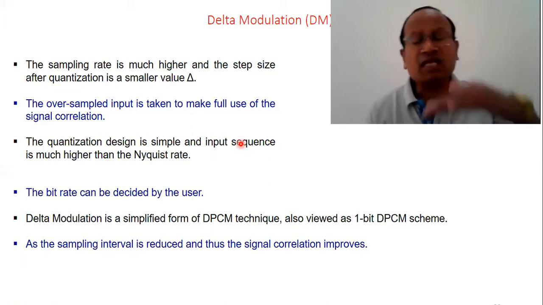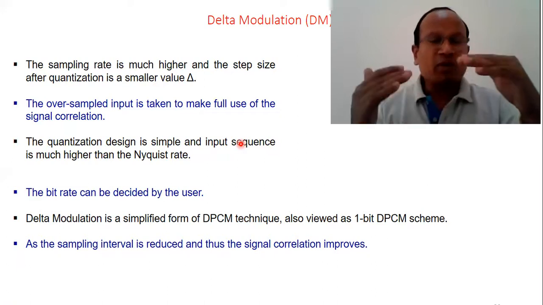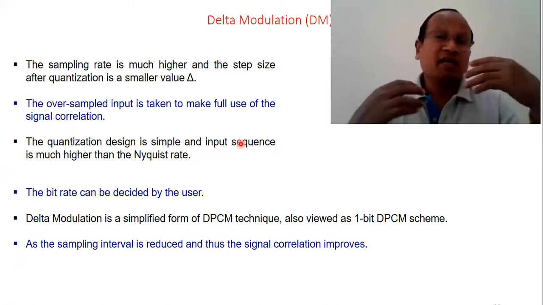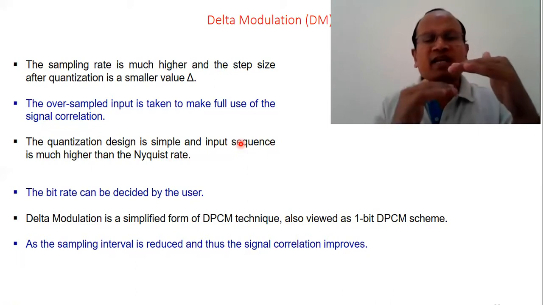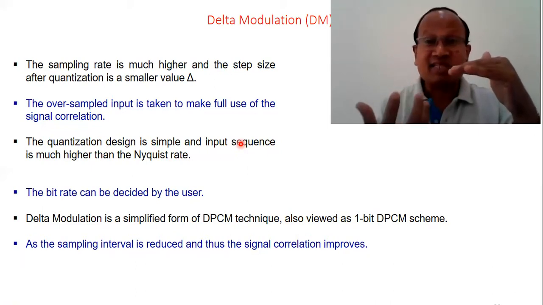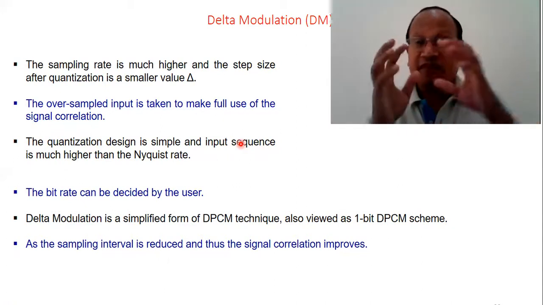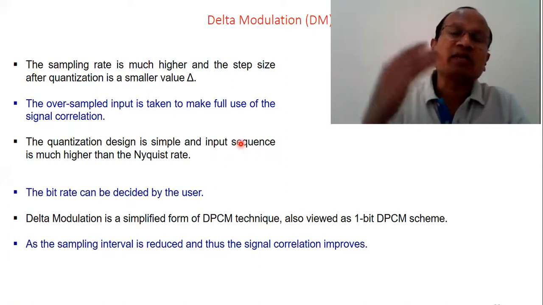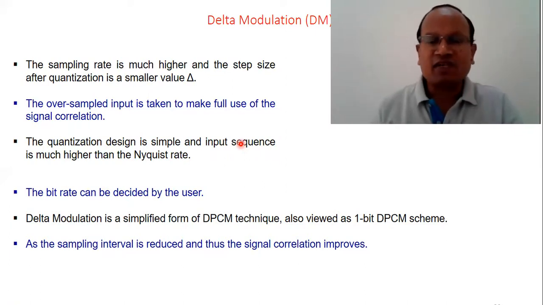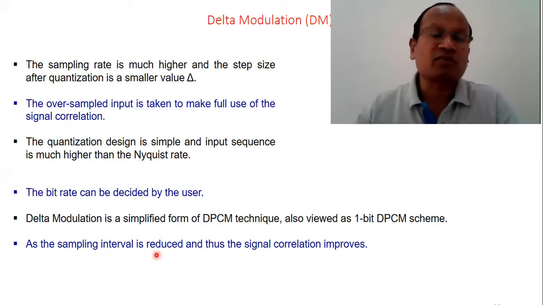See, there is a sample. Now the next sample may be higher or lower. There will not be, obviously, a very abrupt change. It will be slightly higher or slightly lower. If it is slightly lower, it may become minus del change. And if it is slightly higher, it becomes plus del. So the difference is the del term, but it may be positive or negative depending on whether the signal is increasing or decreasing. So the sampling interval is reduced.